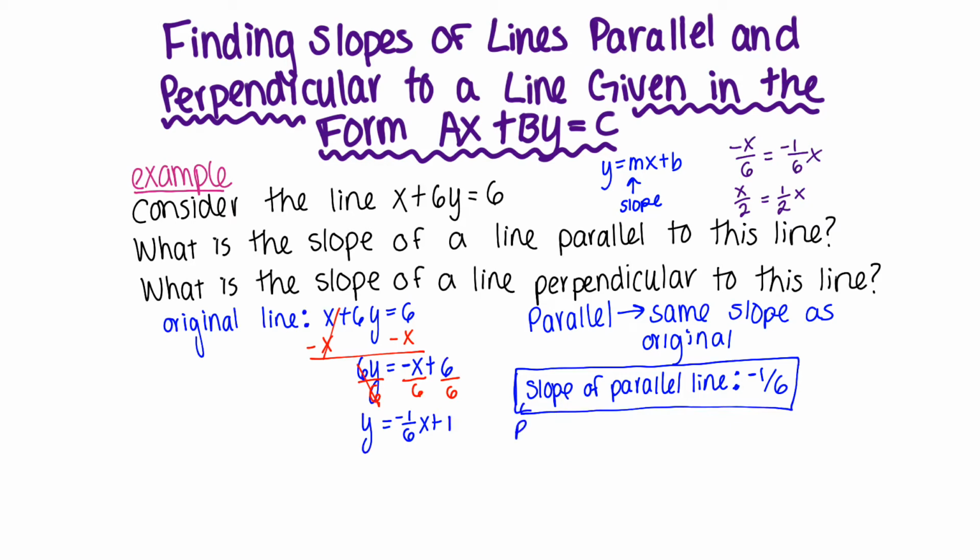For perpendicular lines, the slope is the negative reciprocal. It's easier to think of this as flip the fraction, change the sign. Some people like to look at this as opposite reciprocal, so maybe I'll say opposite reciprocal here. The slope is the opposite reciprocal